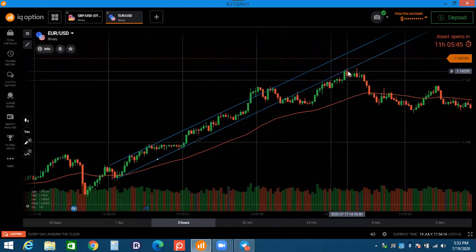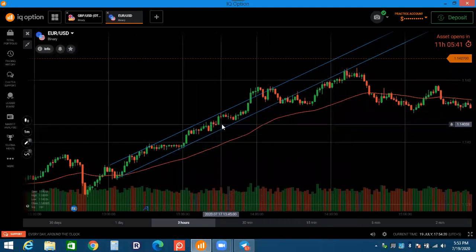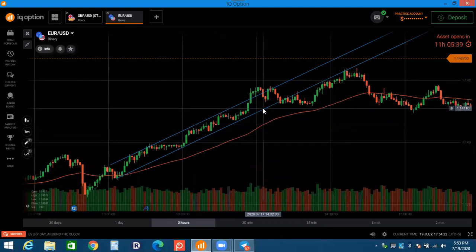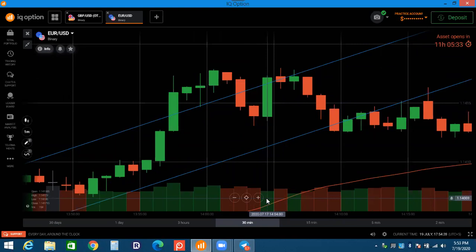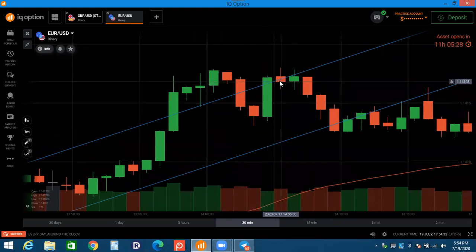So you practice on the trend lines. These are very important. They will give you the support and resistance ideas in the trend. And when you see this trend line is broken with low volume, that is a fake breakout. Don't believe this breakout. You will see the red candle.